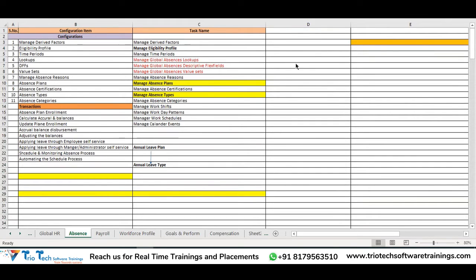requirements here. Now let's suppose we have gone for an implementation. Core HR is okay, we know that. Coming to the absence module, as part of the requirement gathering team, the client gave you the requirement like this, where all the leaves I'm going to list out here. Our company is Tata Group. Okay. So let's say we are going to implement the project for Tata, and Tata Group, as part of the requirement, gave us the information that they are going to provide leaves like annual leave for their employees, annual leave,